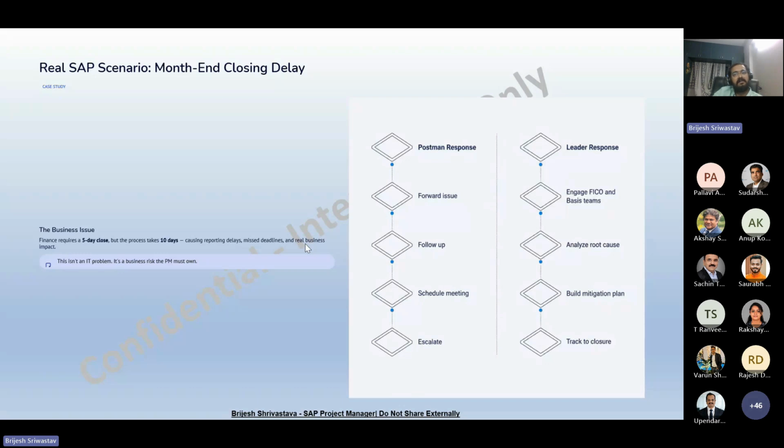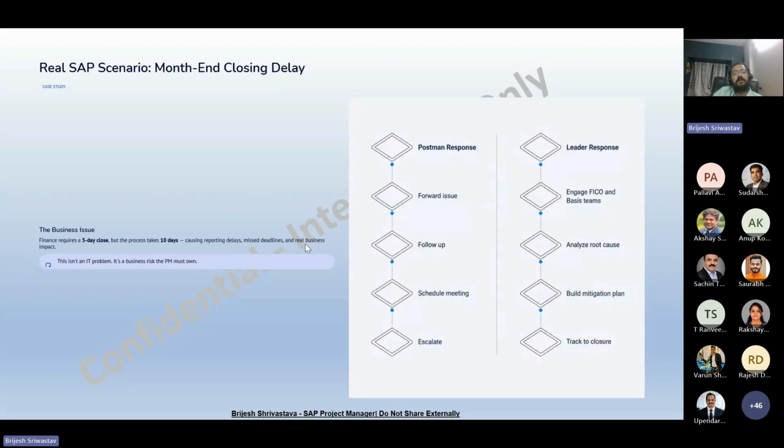It is affecting financial reporting. You need to take a call with management and ask for a decision, and of course there is business operation also.